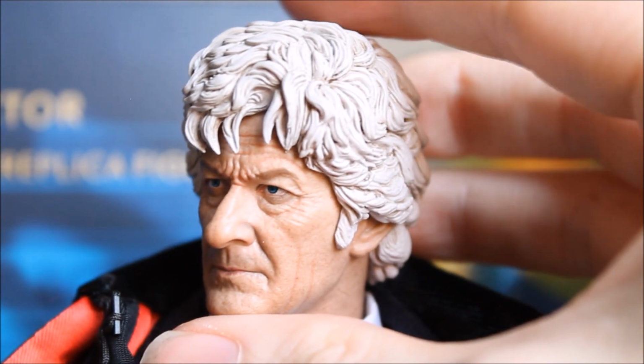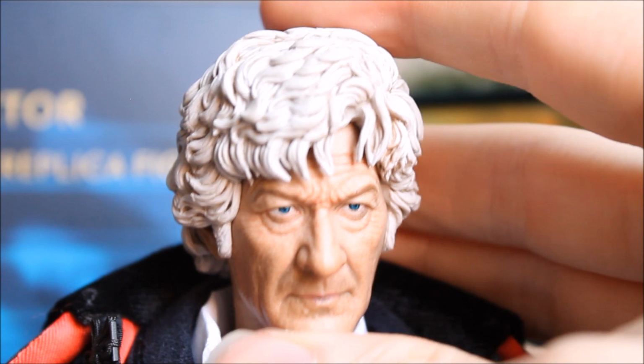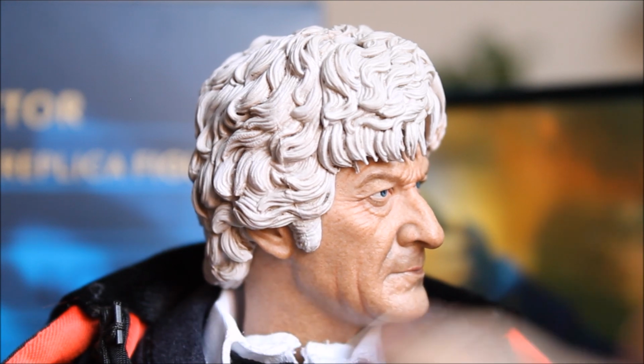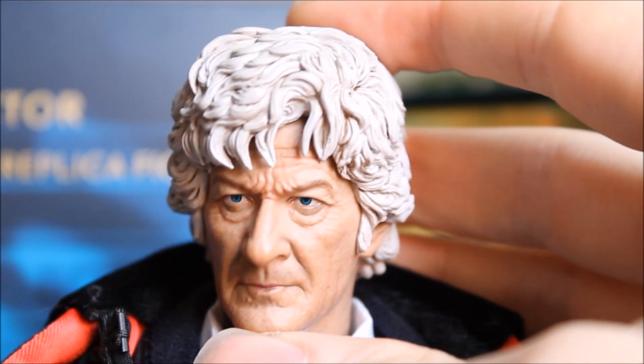I think that Big Chief have always done a good job with older people, older males in particular. Of course, you have lots of creases and wrinkles around the face, and again the hair has that lovely layered effect. I think it looks beautiful. And then we also have, of course, the head actually being connected to the neck, which sounds ridiculous, but on some previous Big Chiefs we've had that neck join right underneath the chin, which looks a little bit unusual and off-putting. In fact, a bit like the Jodie figure overall, but of course this is one solid piece,